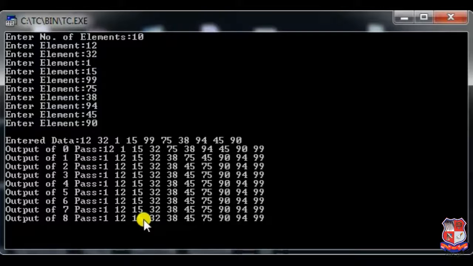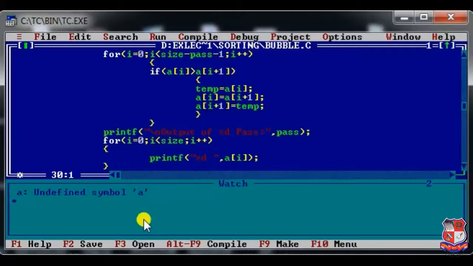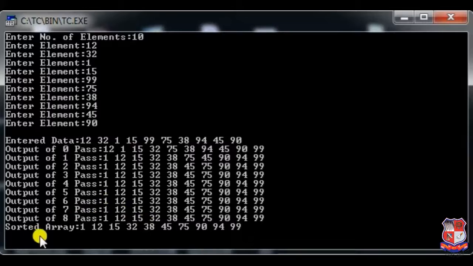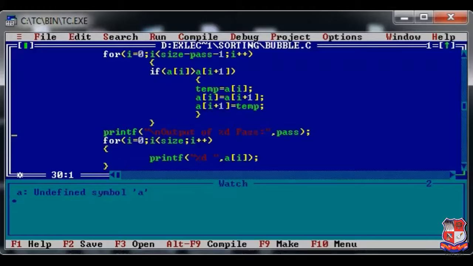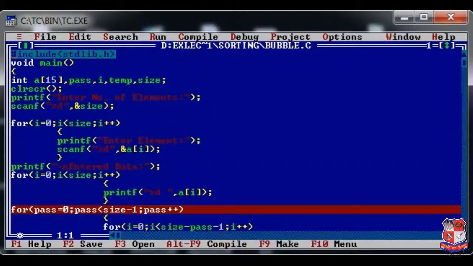This is the output of pass number 8, and as you can see, this is the sorted array, that is 1, 12, 15, 32, 38, 45, 75, 90, 94 and 99, right? So now let us try to understand the algorithm.